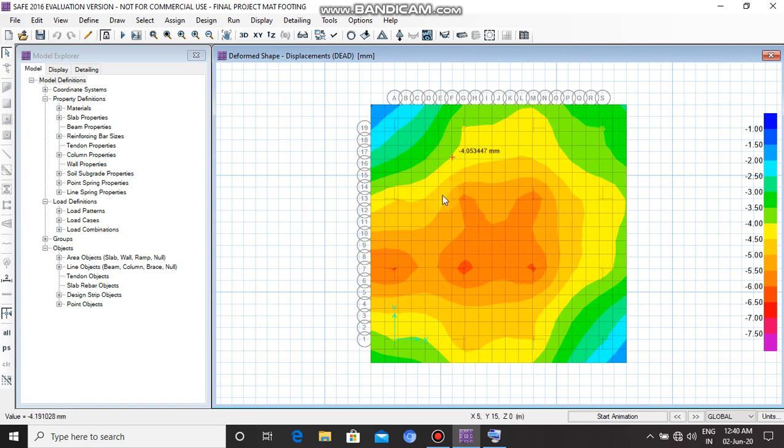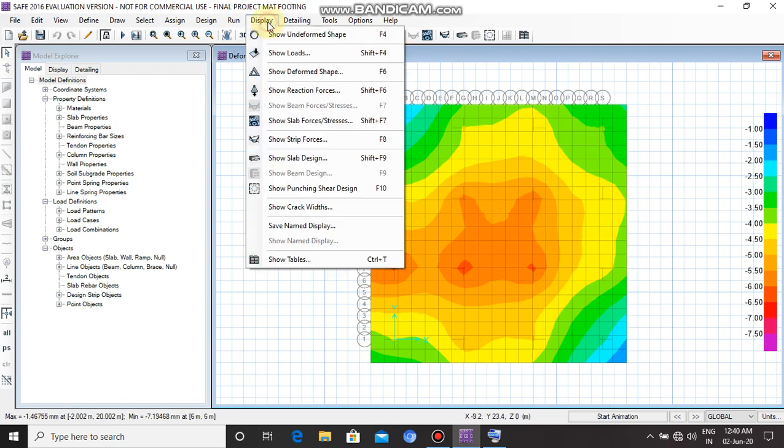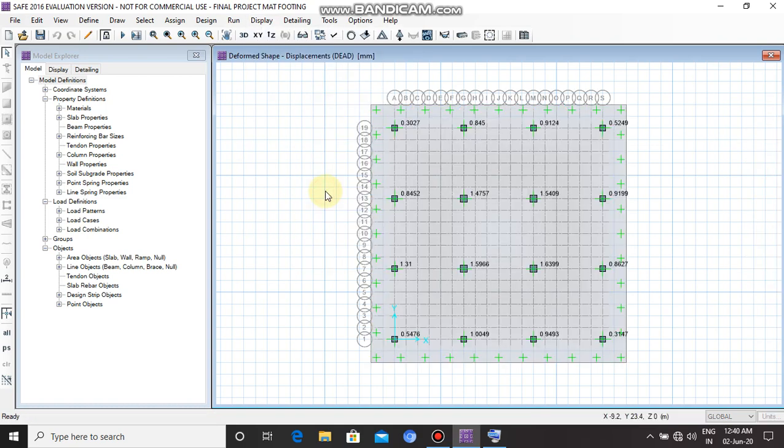OK. Now again click on Display, Show Punching Shear Design. All values are still not less than 1.